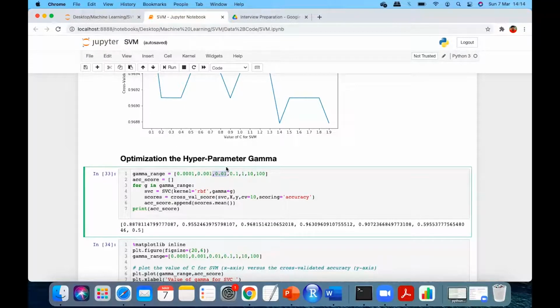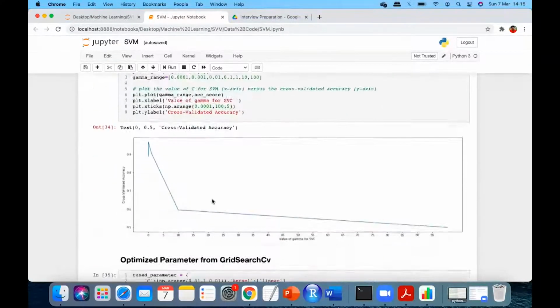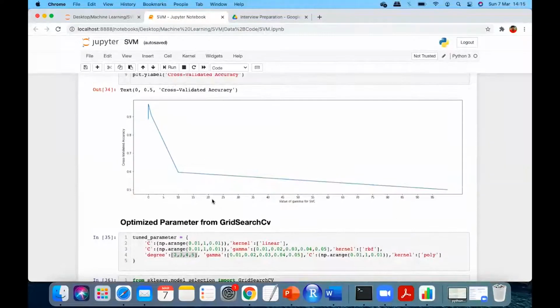You remember the way we did gradient descent in our first class, the cost function? That way you can also print all the gamma values in the range, see what the accuracy is, and just select the best. That you can also do. It is up to you. The only thing is that you have to compare gamma and accuracy, gamma and accuracy at all the values, and you can select whichever is coming out better.